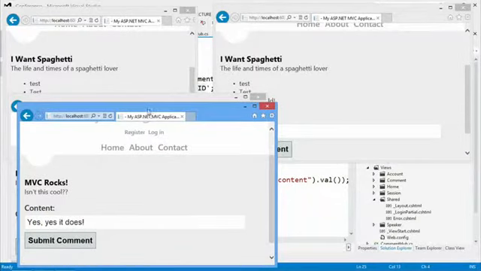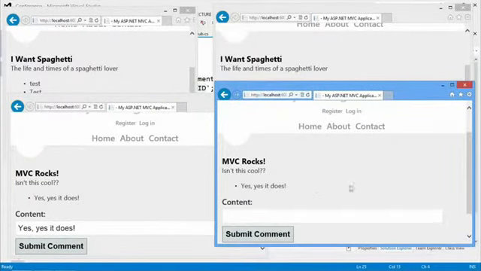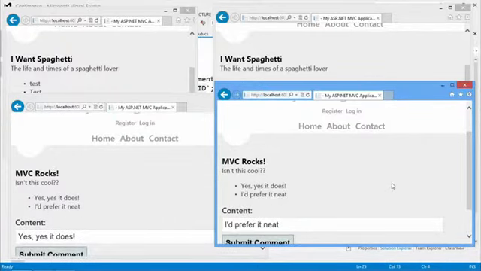and let's just bring this over here, hit refresh, there we go. I'd prefer it neat. You'll notice down at the bottom, I'd prefer it neat now shows up on both sides. And if I bring up the two I want spaghetti pages, you'll notice that it does not show up there. So there is our SignalR, and forgive me for maybe belaboring the point, but I know